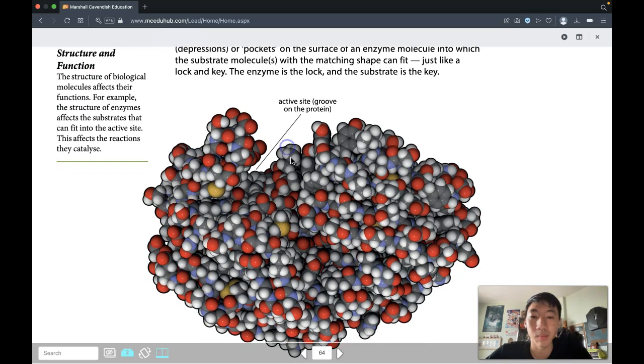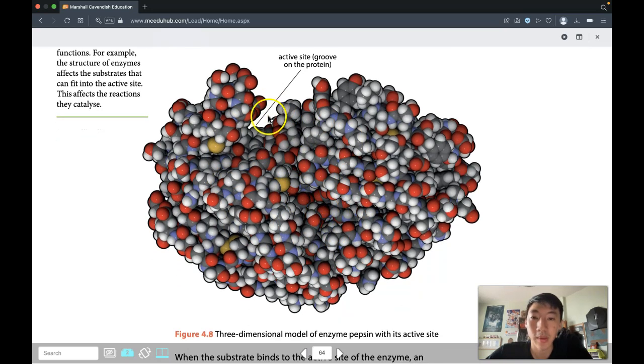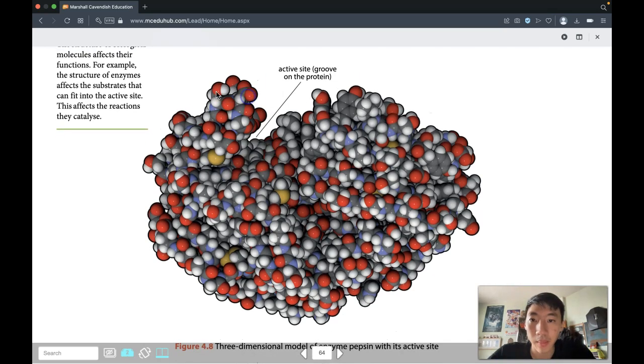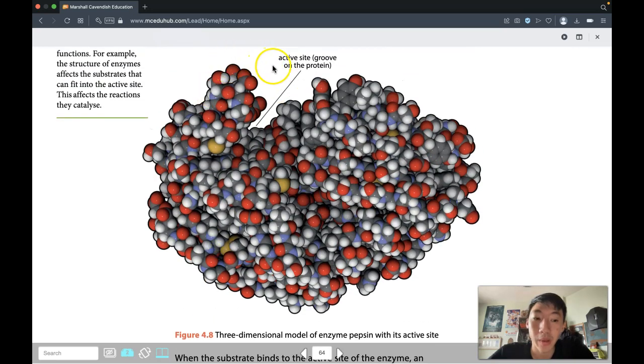Alright, so let's look at this picture over here. This is a picture of a pepsin enzyme. In the pepsin enzyme, there's a specific area that is called the active site. This active site has a specific shape. In fact, it's a specific three-dimensional shape, because if you rotate it around, you'll see a certain 3D shape. So what happens is that when the substrate happens to fit into this active site,